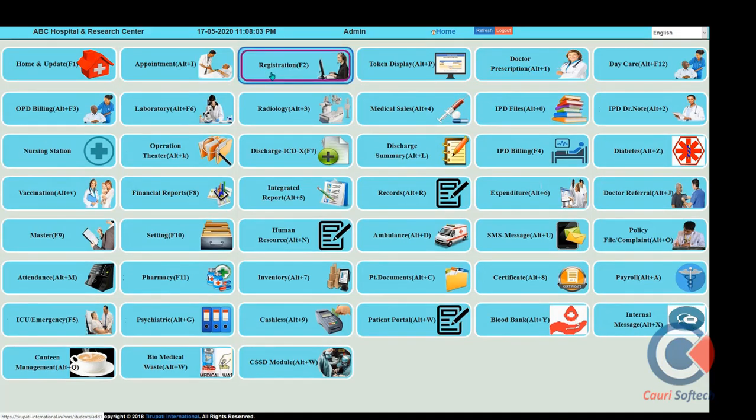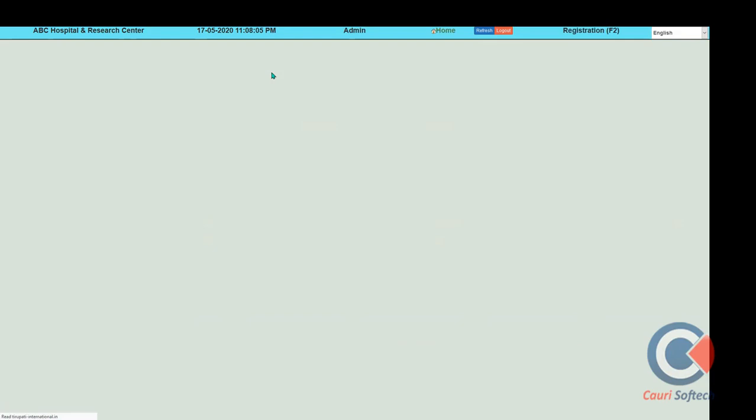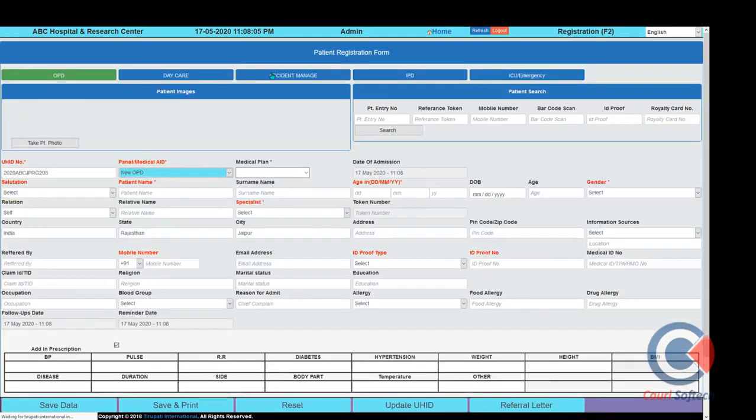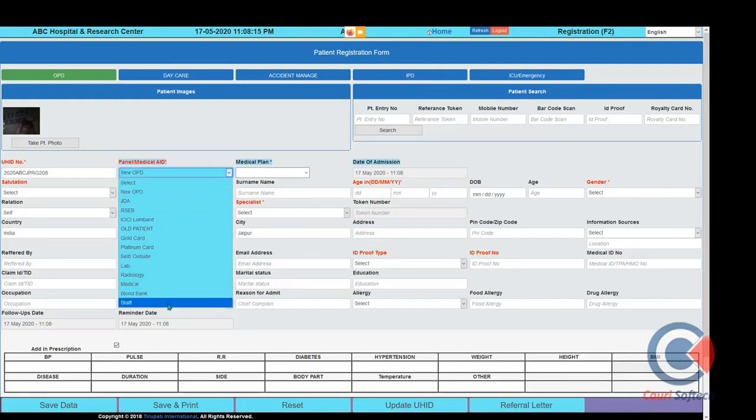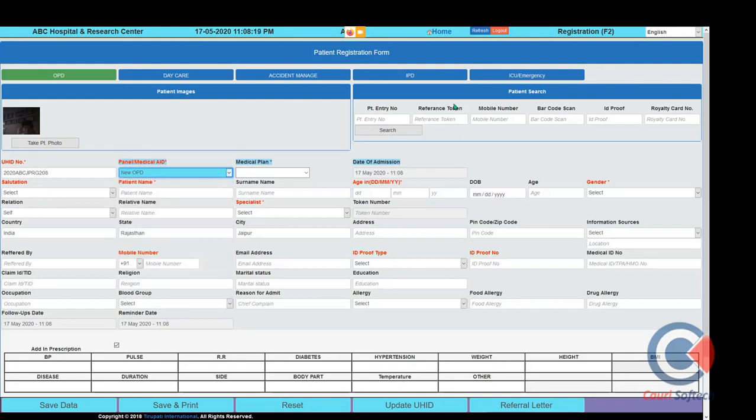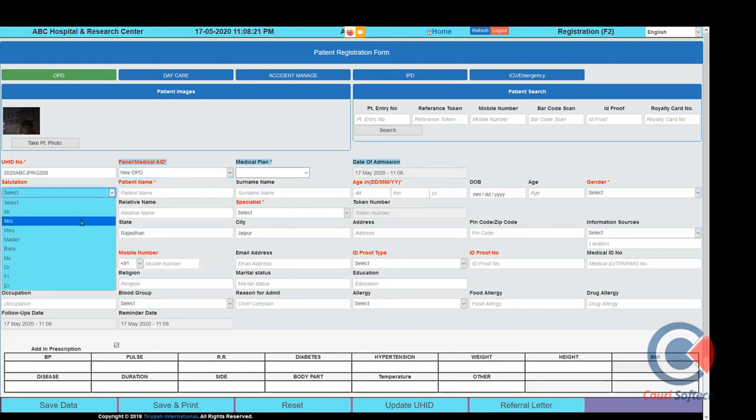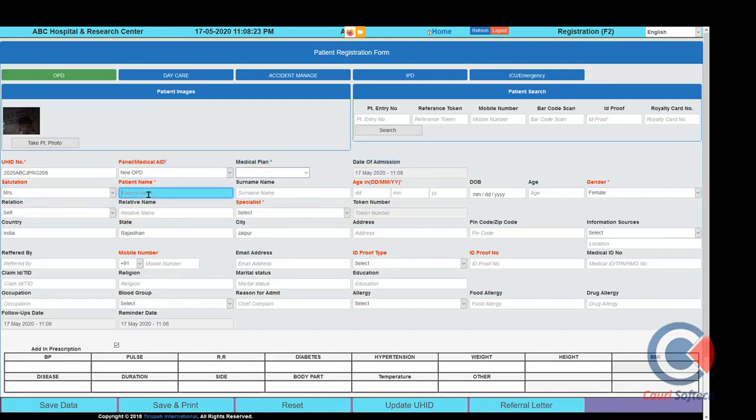The next screen is the registration desk, where walk-in patients come, and we can maintain OPD or IP entry from here. So here the system generates some red marked color fields that are identified. There are different types of panels, medical aid companies, under which we want to make a patient OPD or IP entry. Let's try an OP entry, and one more we will do an IP entry to check if the entry is working.